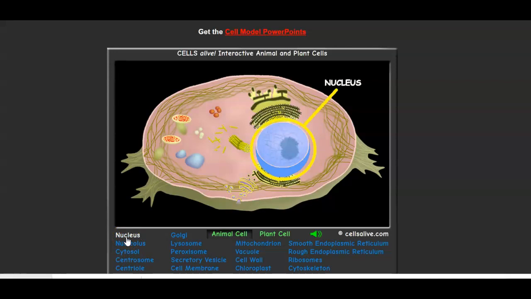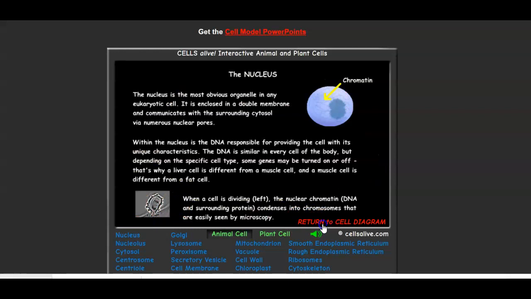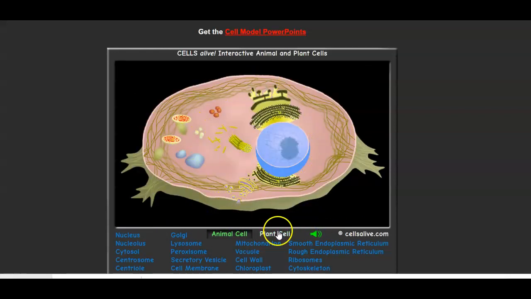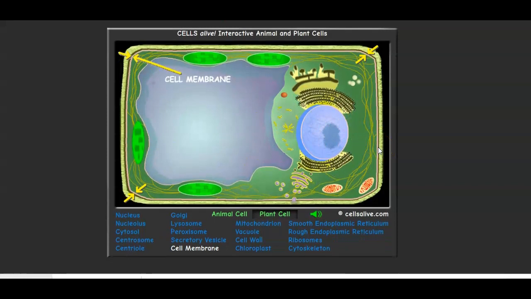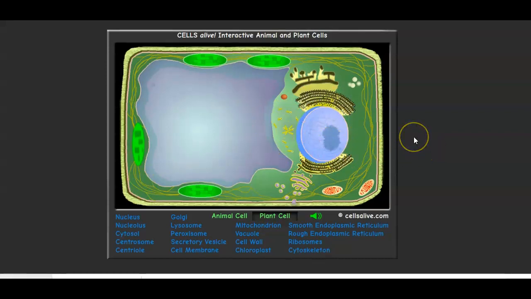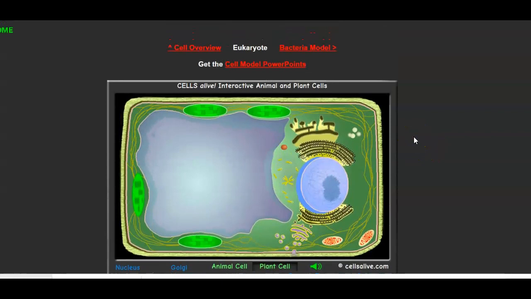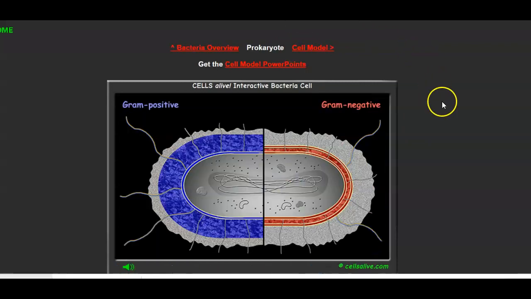Getting information that way. After you finish with the animal cell, you want to make sure that you hit the plant cell. That's the other eukaryotic cell. And it's the same thing. Again, you're just clicking on a few of these organelles based on the worksheet that you need to look at and reading the information about them to answer the questions. When you're finished with your plant cell, then you can either go back to the slideshow and click the link, but the easiest way is to click the bacteria model,